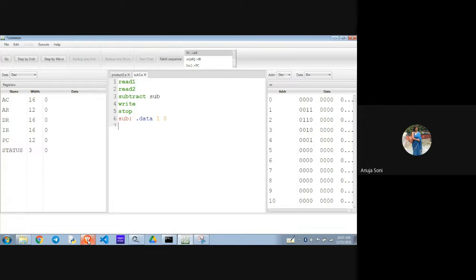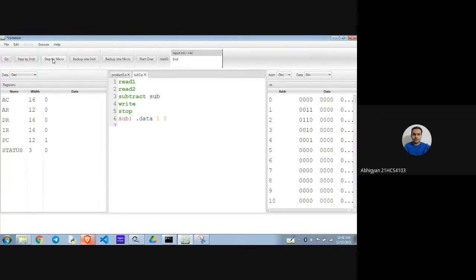Please, Abhigyan, go ahead. So here I have opened the debug mode. Now I'll go step by step through the micro instructions. When I first click it, the PC will point to the address register, and the second step will be that the memory at the address register will go to the instruction register, and then there will be an increment in PC as we can see here.